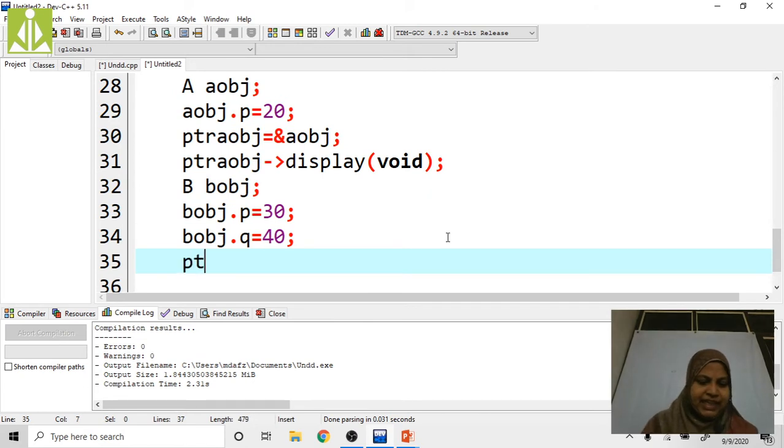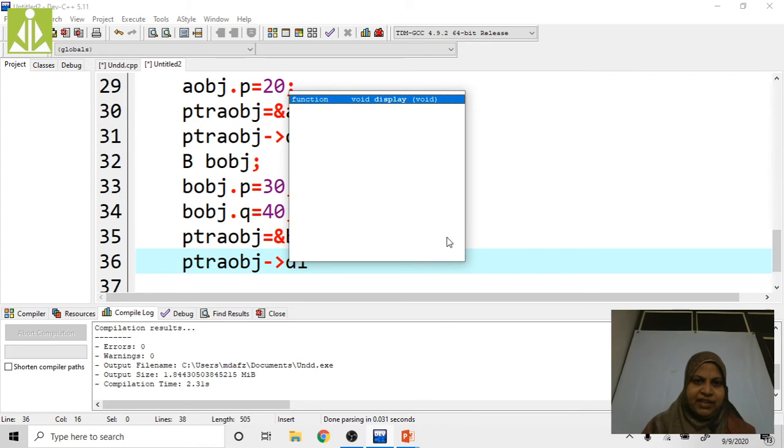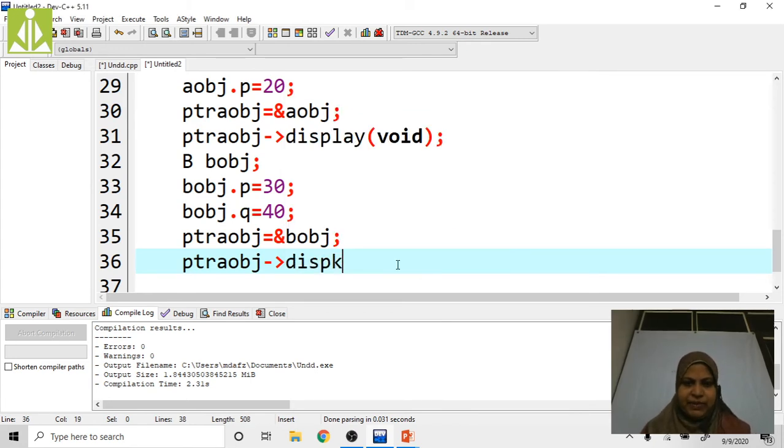Now PTRAOBJ equals, I am assigning the object reference of class B, BOBJ. Now by using this, I am going to call PTRAOBJ display method which is present in class B.